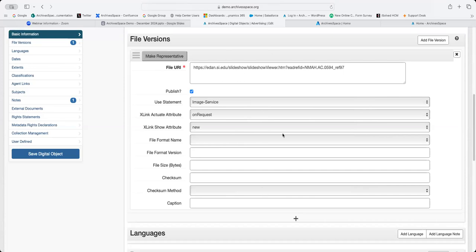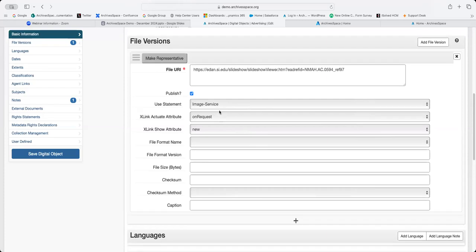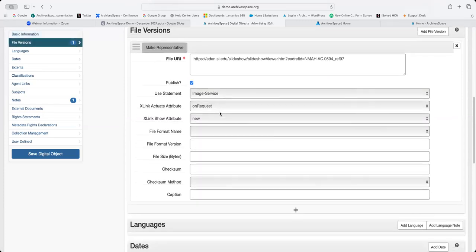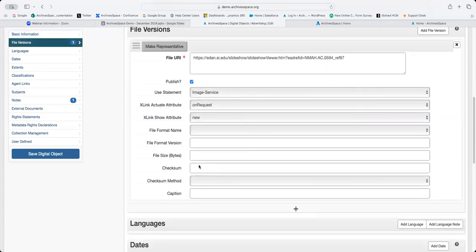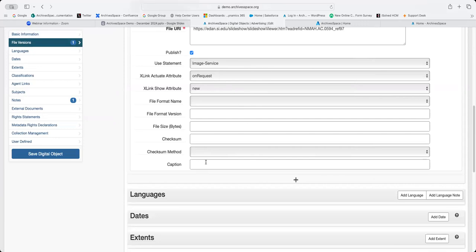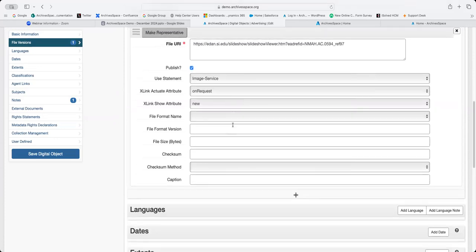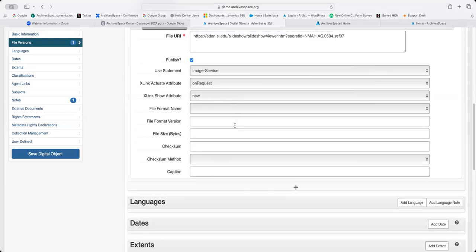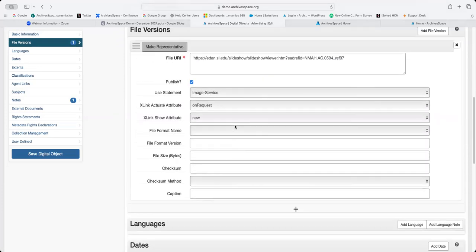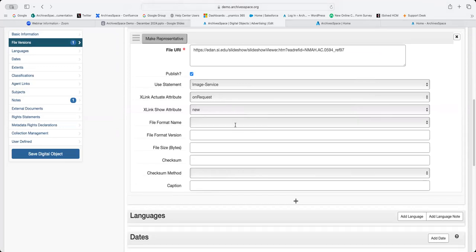But again, this is where you include that information about the file itself, how you want the file to render in the application, and different things specific to the digital file itself. It's not a digital preservation system, but if you are using it for things like checksums and that sort of thing, you can definitely do that there as well. Many organizations integrate ArchivesSpace with their digital preservation system though, so you may elect to use that system instead of ArchivesSpace, and ArchivesSpace is simply the system of record for both your digital and physical materials.